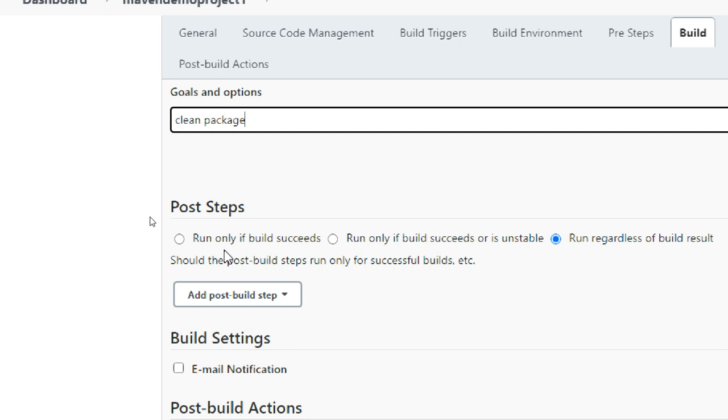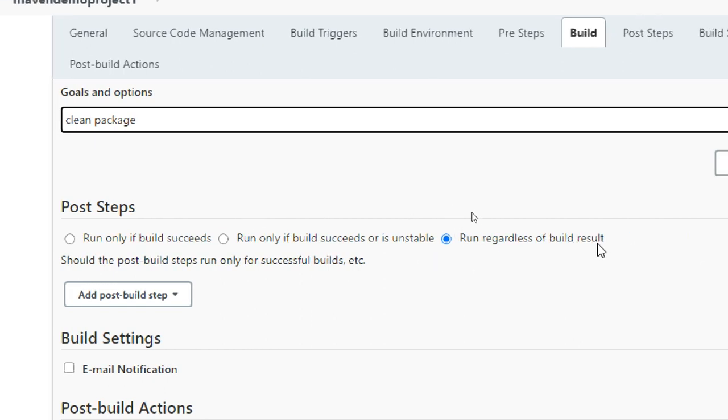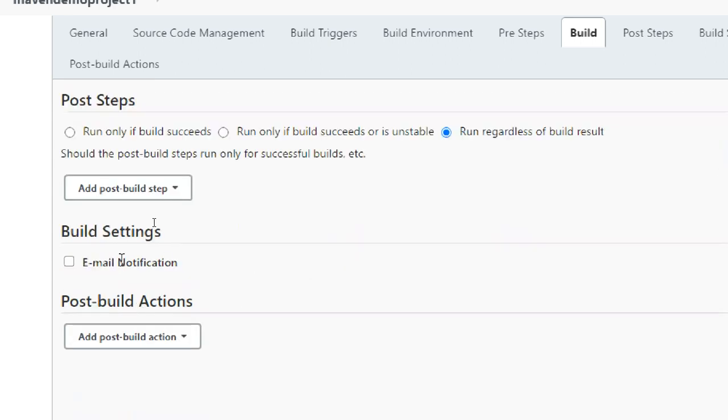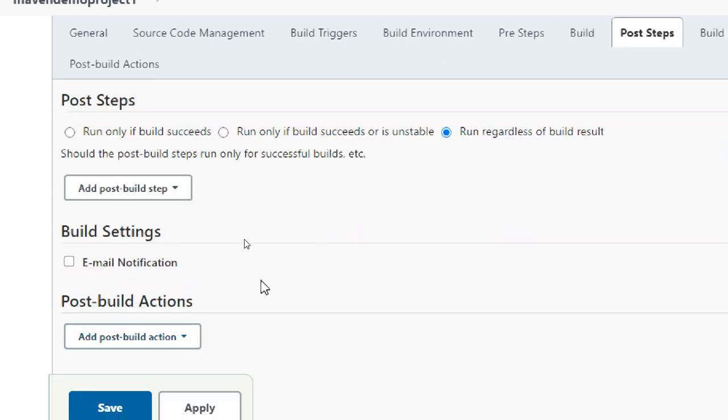Post steps means run only if build successful, run only if build is successful or unstable, run regardless of build result. So add post steps, build settings, post build actions.